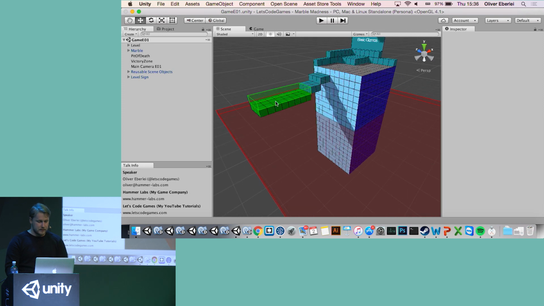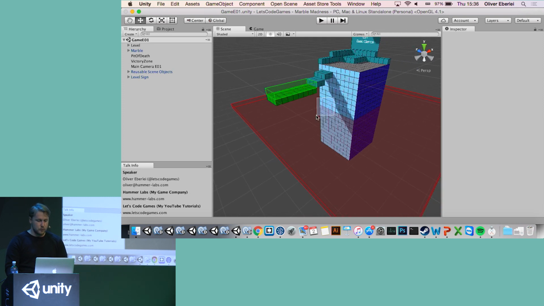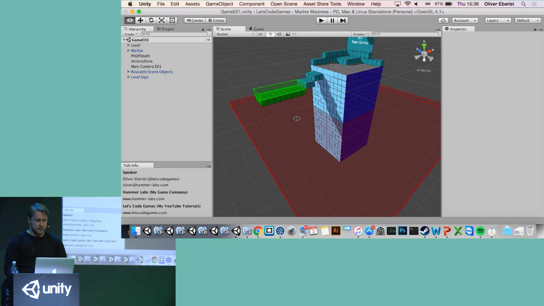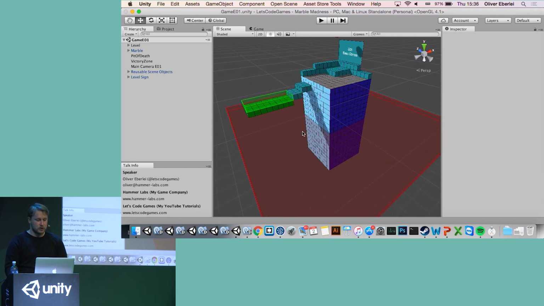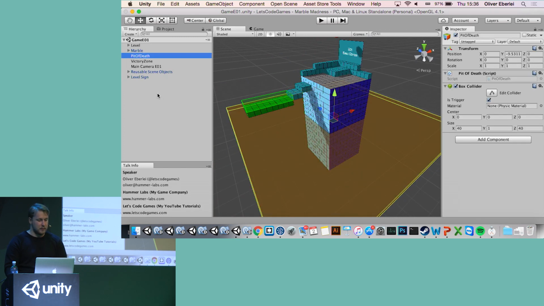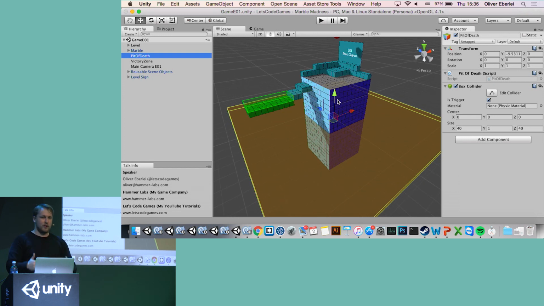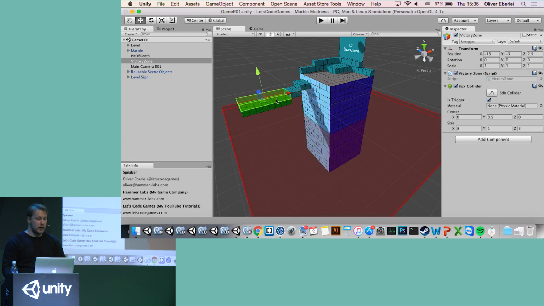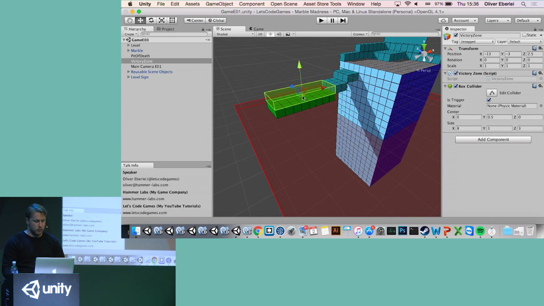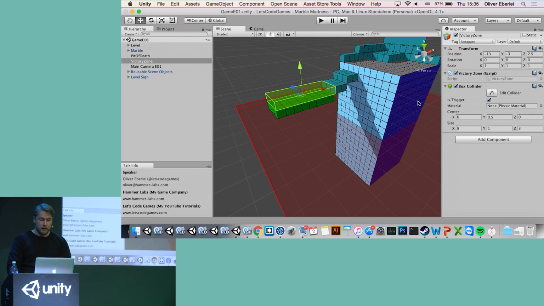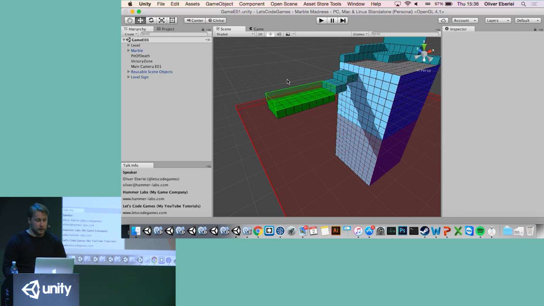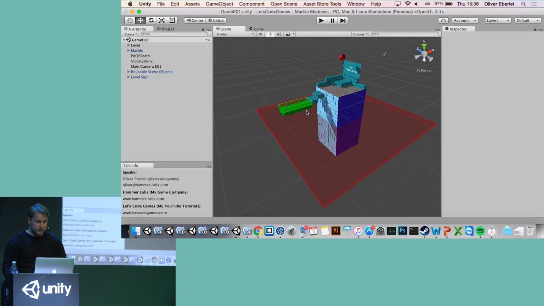The most simple case is like this. So you can see here I have two game areas that are special. So I have this red area at the bottom, which I called the pit of death. So whenever the marble drops down into this area, and this is basically just a trigger, then the marble gets reset to the start of the level. And the second one is the goal area, the victory zone. When the player reaches this trigger here, then we finish the level. But it's very useful in the scene view just to see where that is and visualize it a little bit.